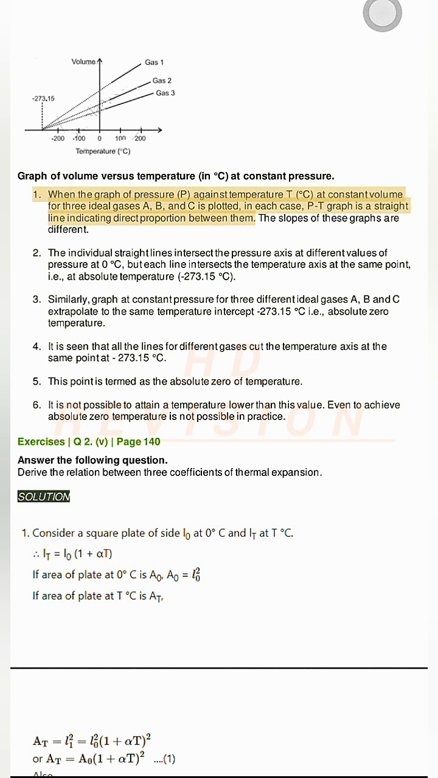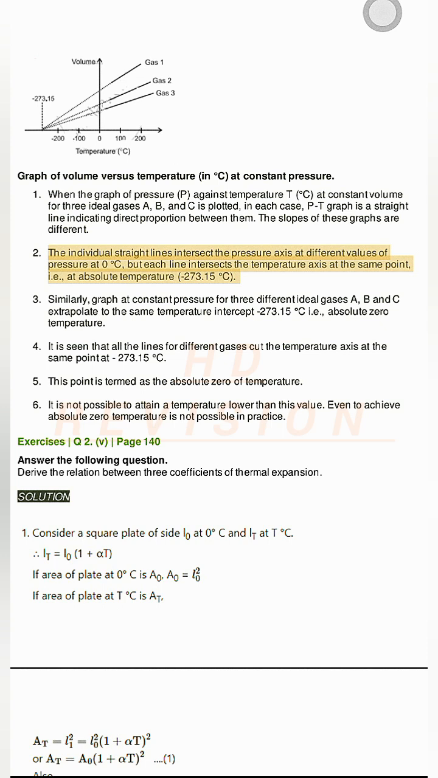1. When the graph of pressure P against temperature T degrees C, at constant volume for three ideal gases A, B, and C is plotted, in each case, the PT graph is a straight line indicating direct proportion between them. The slopes of these graphs are different. 2. The individual straight lines intersect the pressure axis at different values of pressure at 0 degrees Celsius, but each line intersects the temperature axis at the same point, i.e., at absolute temperature, minus